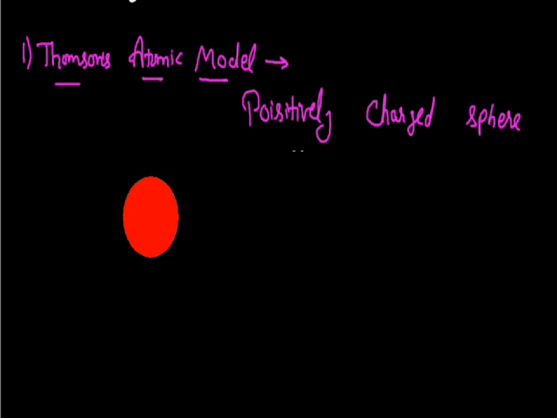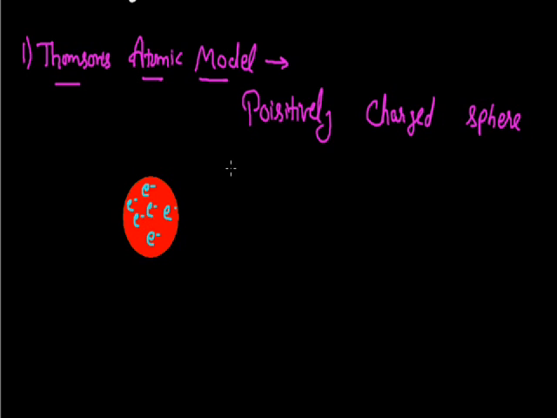Thomson assumed the atom as a positively charged sphere, and in this positively charged sphere he gave the arrangement as randomly arranged particles. So this was the arrangement of electrons and protons according to Thomson. We can also compare this arrangement with a watermelon. Same as in the watermelon, the red spongy eatable part represents the arrangement of protons in an atom, and as in watermelon, seeds are randomly distributed, same as in this positively charged sphere, the arrangement of electrons is in random form.